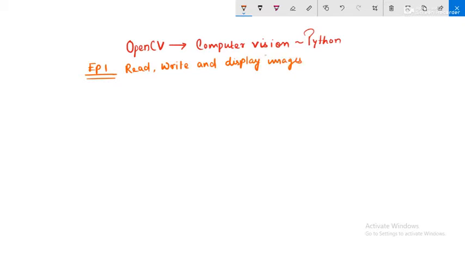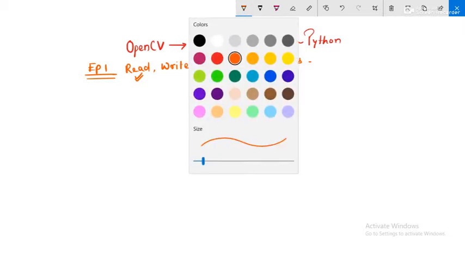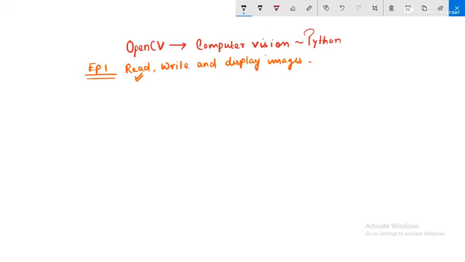So let's begin with the first stuff, that is, reading the image. Now for reading an image, we need to have an image file. So let's consider I have an image named xyz.jpg, or the extension can be png also.